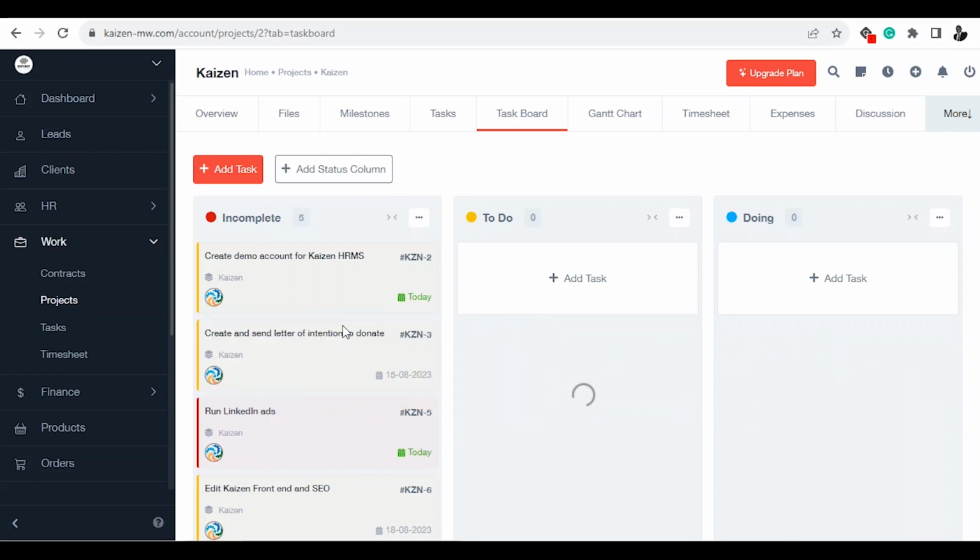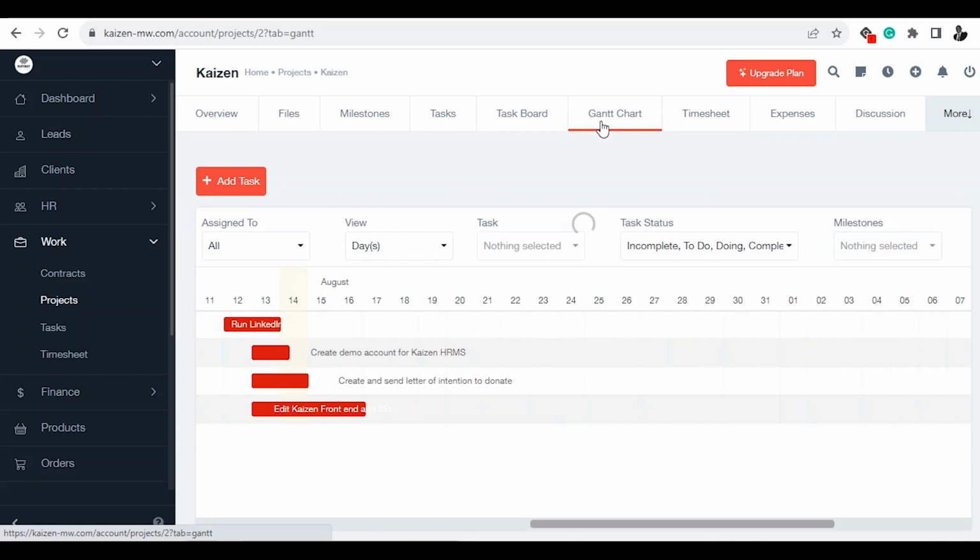All right. So the Gantt chart is an interesting feature because a lot of people struggle with Gantt charts. So whenever you're doing a project, you have to go to Excel and go through all this process. But Kaizen actually generates these Gantt charts automatically. All right. So once you have your task, you indicate the start date and the due date. Kaizen takes all of that and just organizes them in a smart and nice looking Gantt chart right here, and you have all these options to filter